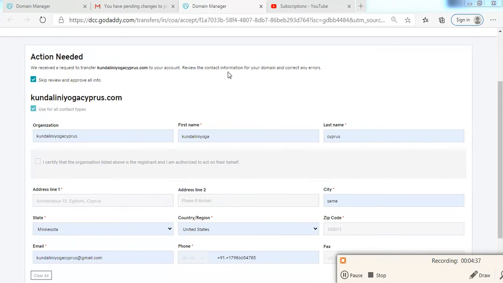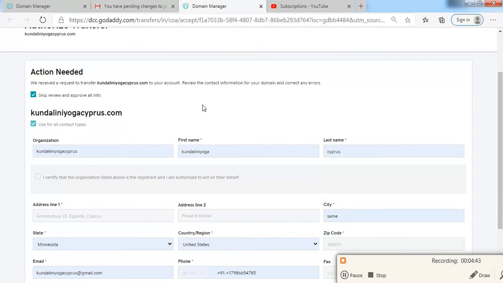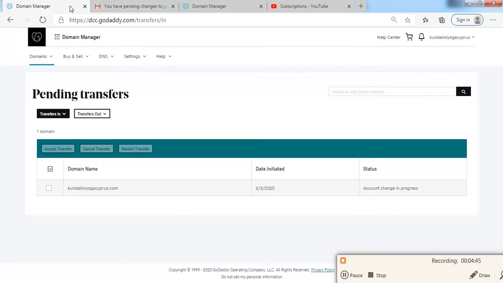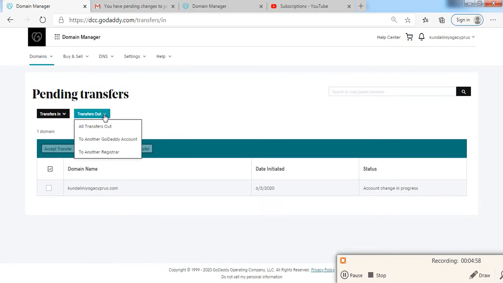Review the contact information, then okay. After that we will go to our account and check the pending account changes. Accept and accept the transfer.